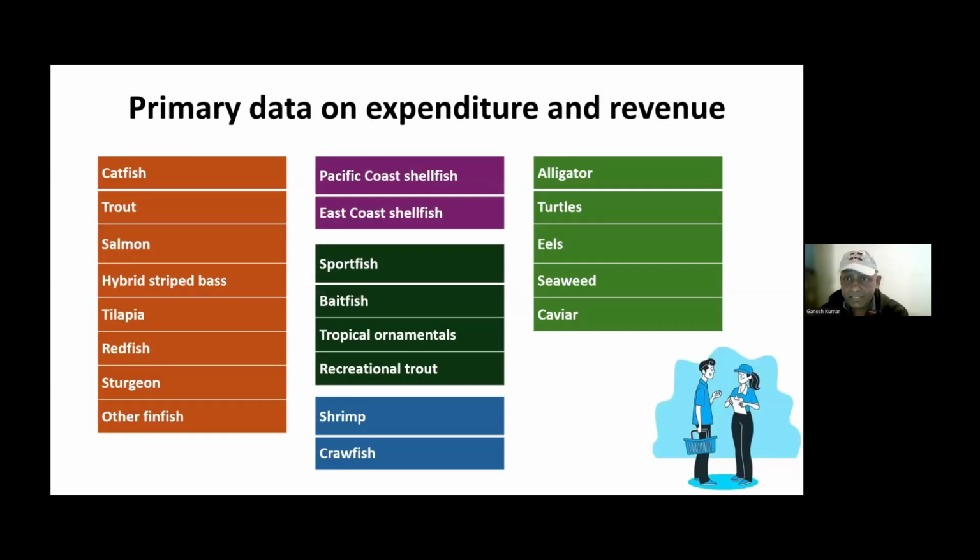So primary data on expenditure and revenue patterns were collected from catfish, trout, salmon, hybrid striped bass, tilapia, redfish, sturgeon, and major other finfish species, while the entire shellfish industry, both on the East Coast as well as on the West Coast, was quantified. Sportfish, baitfish, tropical ornamental, recreational trout, that's a separate sector in general, and also the crustacean sector, which is dominated by crawfish and shrimp. We have alligators, turtles, eels, seaweed, and the caviar industry in the miscellaneous sector too. So primary information was collected from all these